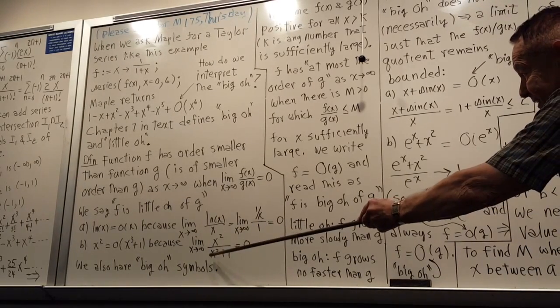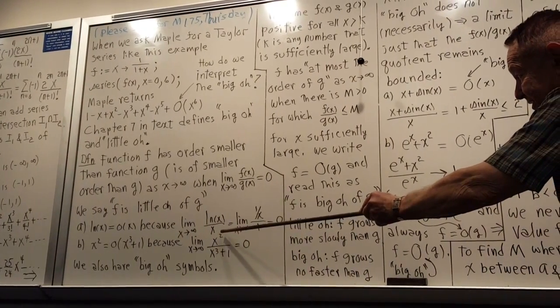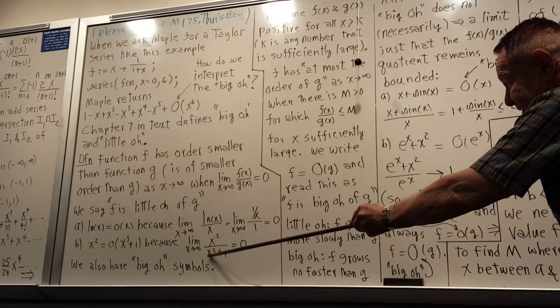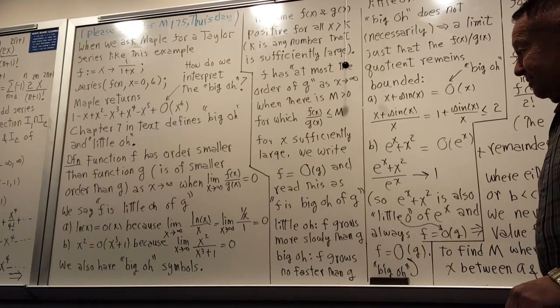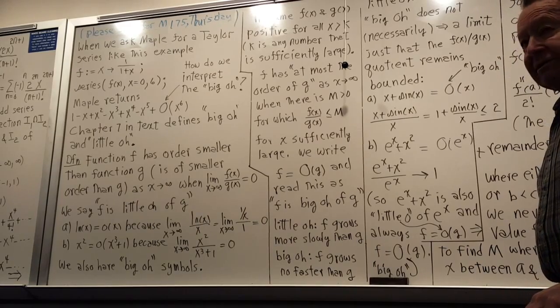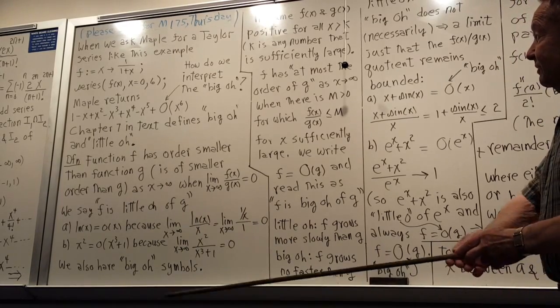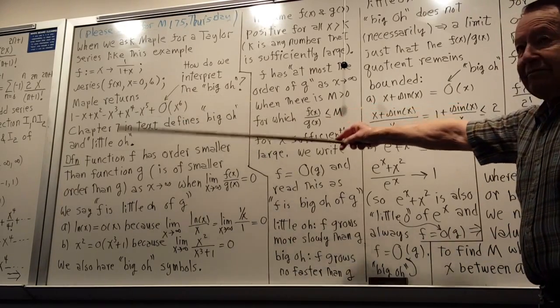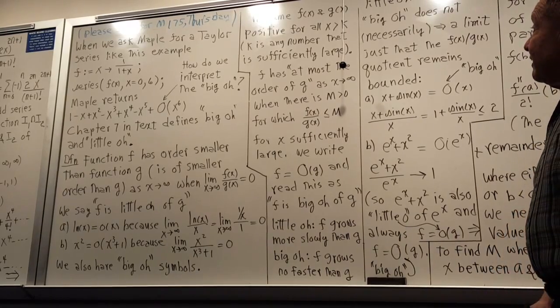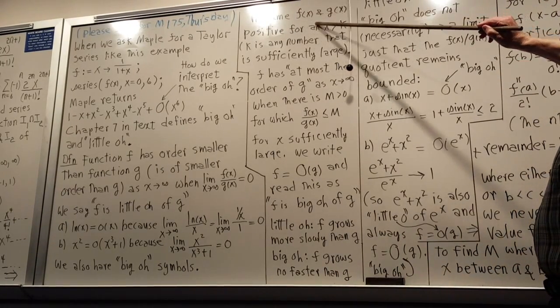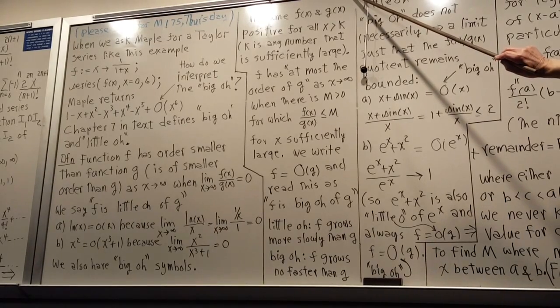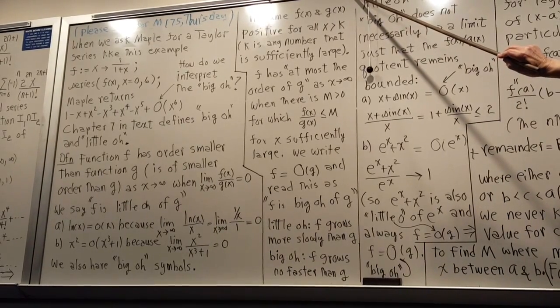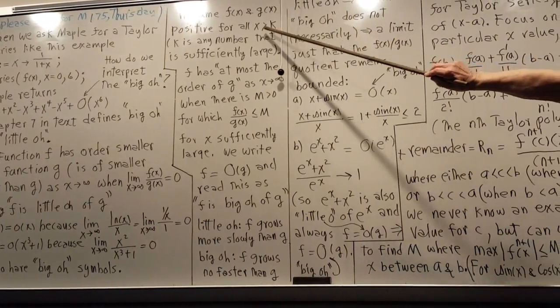If you divide it by x cubed, this would become 1 over x, and this would be 1 plus 1 over x cubed, and you get zeros. We also have big O symbols, which are the symbols that Maple uses. And so if you assume your functions f and g are positive for all x from some point on,